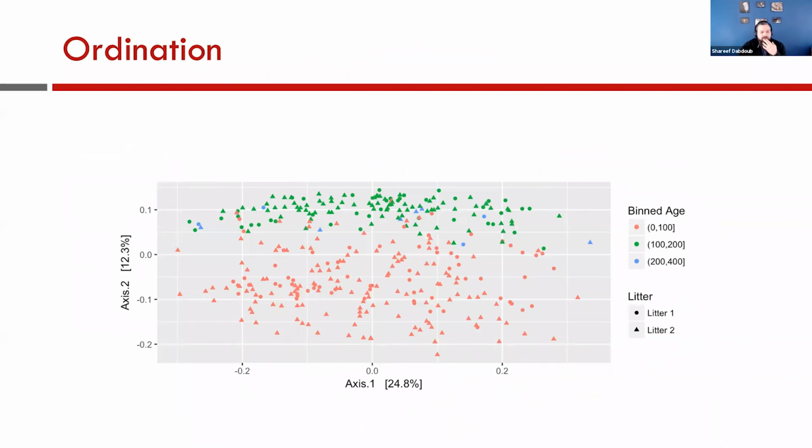One of the main things we can do with them is ordination or visualization. So we take our multi-dimensional metric, and if we have 100 OTUs, then we have a 100-dimensional matrix. And so we have to have some way to collapse that down into 2 or 3 dimensions so we can physically visualize it. So there are a number of different ordination methods,